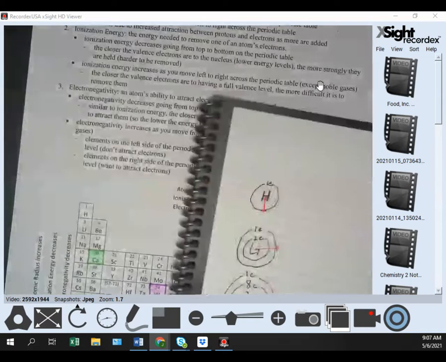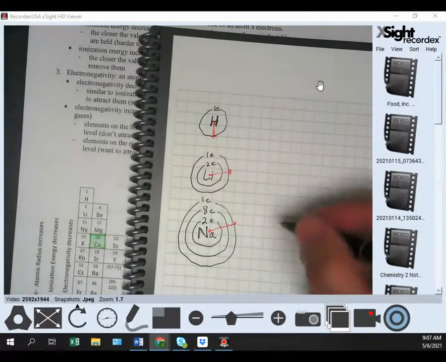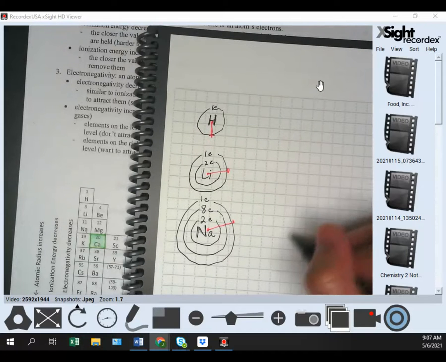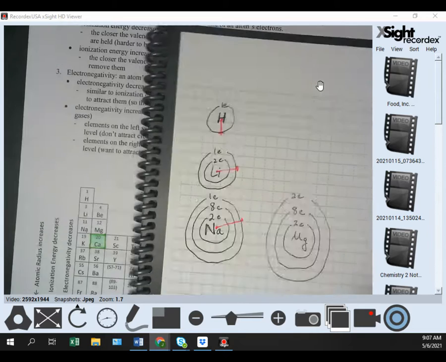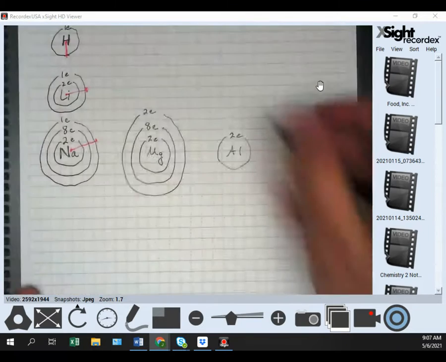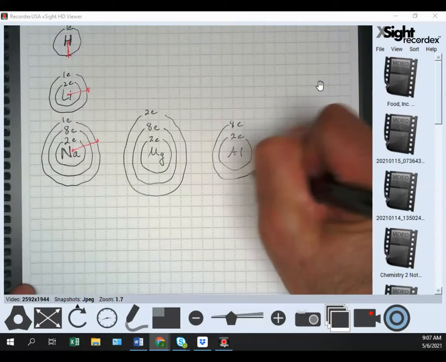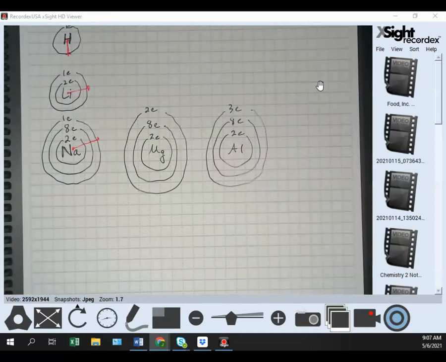So if I were to look at sodium, then magnesium is 2, 8, 2, and then aluminum is 2, 8, 3. You guys can't see that. And remember, each time we gain an electron as we go left to right, we're gaining protons